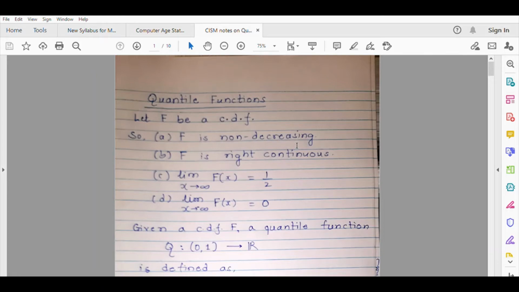So the first unit, as discussed in the earlier live lecture which I conducted on Zoom, is that the computer intensive statistical methods course starts first with simulations. You might already be familiar with simulations. There are various ways to generate random samples, and once we get samples from a certain probability distribution or from a certain underlying statistical model, many things can be done. The purpose of simulation and other things we have already discussed.